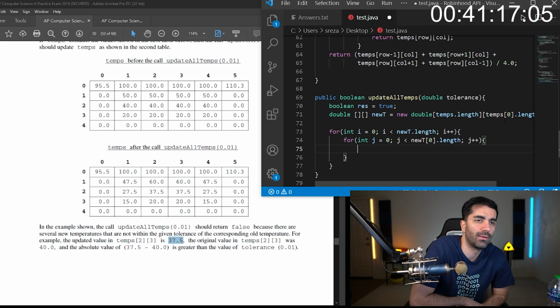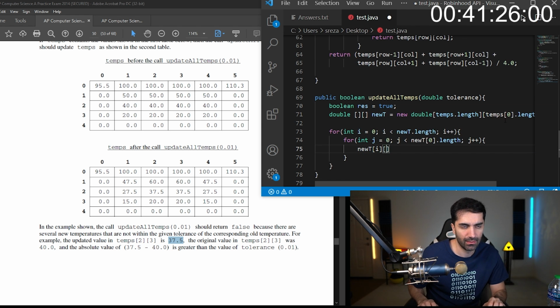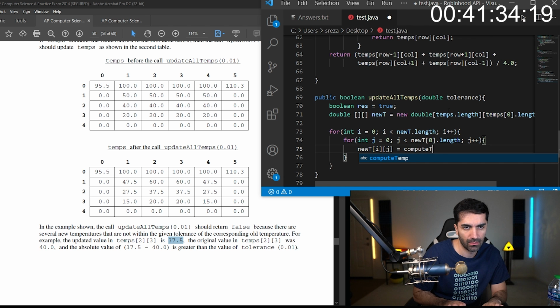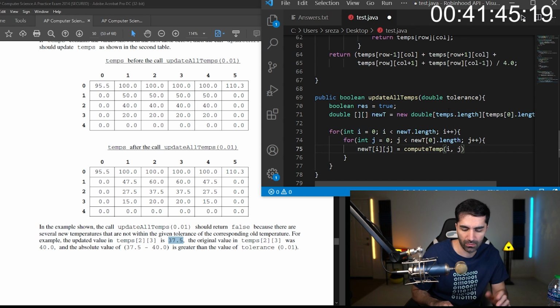So new t i j equals compute temp i j. I should have used row and col, but it's okay.